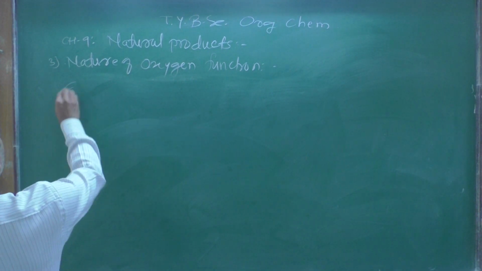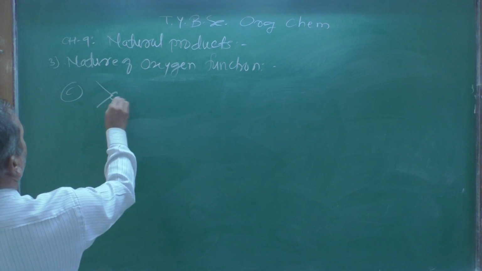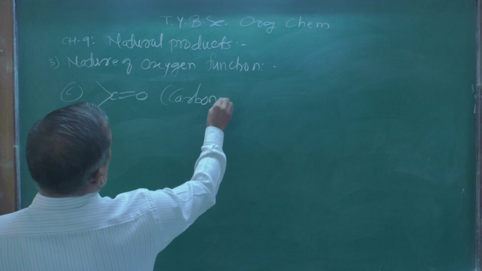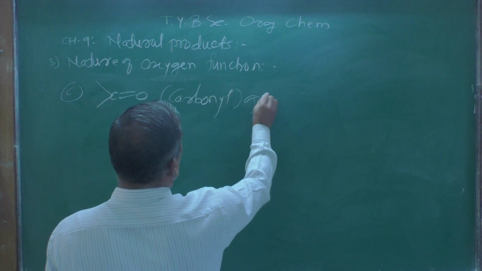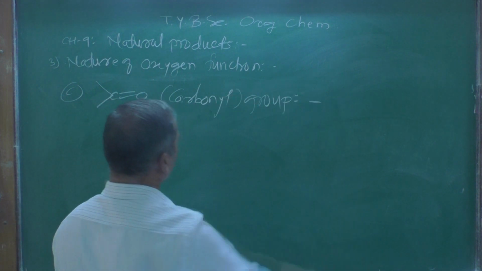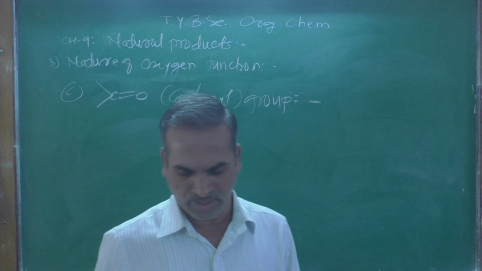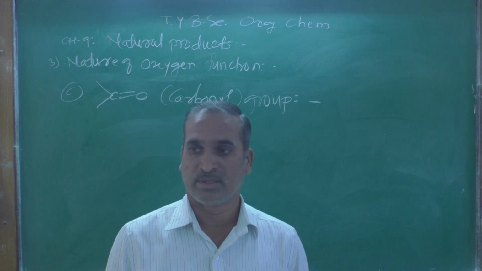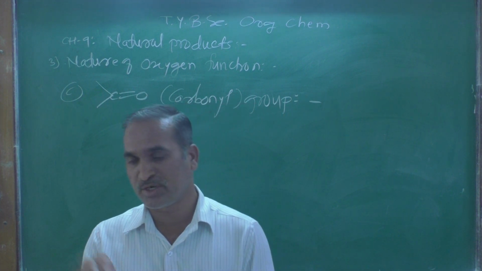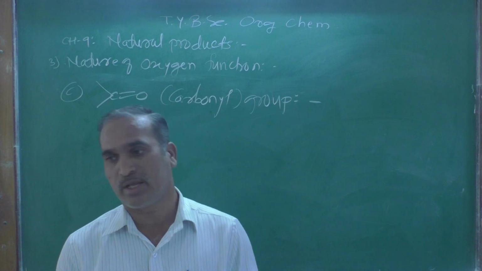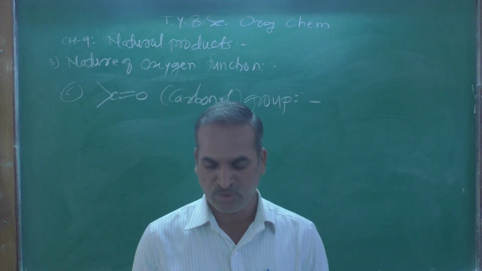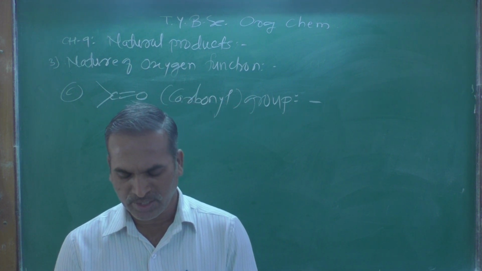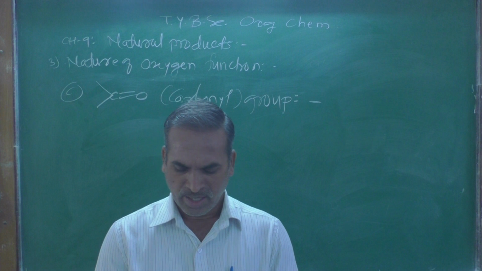Let us see here. C double bond O is a carbonyl group, right? Carbonyl group. Now, we know that nearly 75% of organic compounds contain a carbonyl group, and the carbonyl group can be detected by the action of